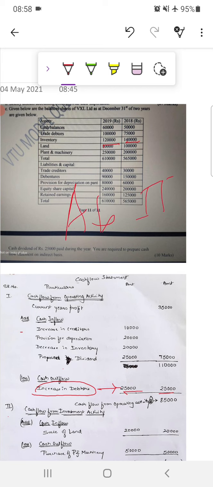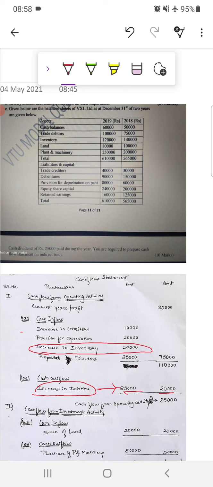Assets have decreased means it is inflow, right? So inflow, and it is a current asset, so it belongs to operating activity. So it is inflow. So we write here decrease in inventory. Okay, decrease in inventory 20,000, right? Then